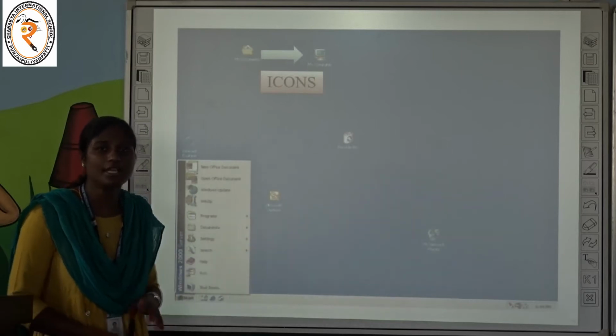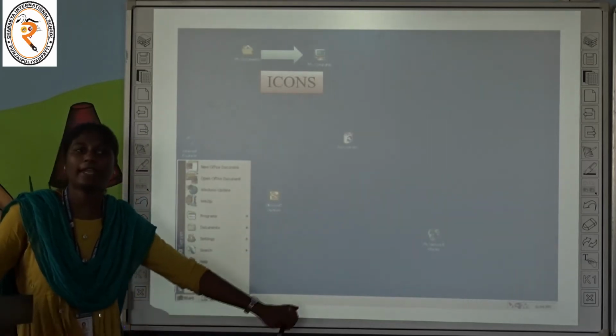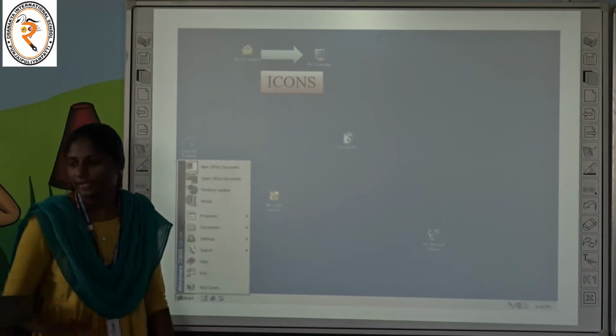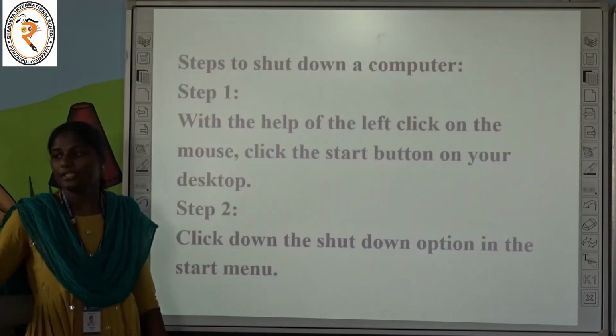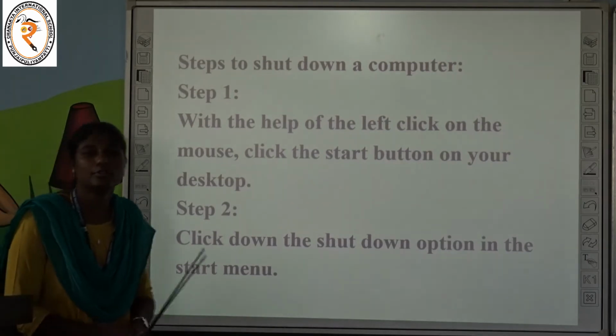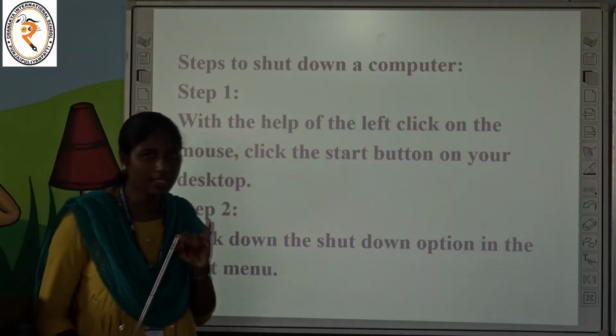We can follow the steps to maintain a good computer. The next one is your steps to shut down a computer. So you know how to switch on the computer and you